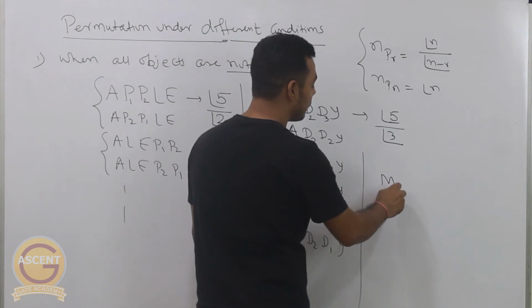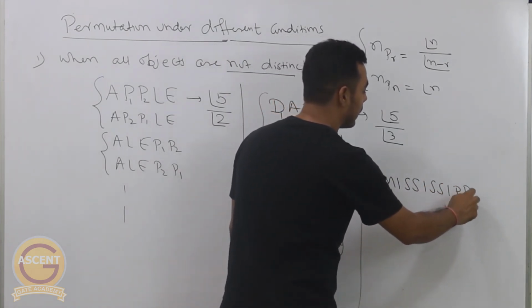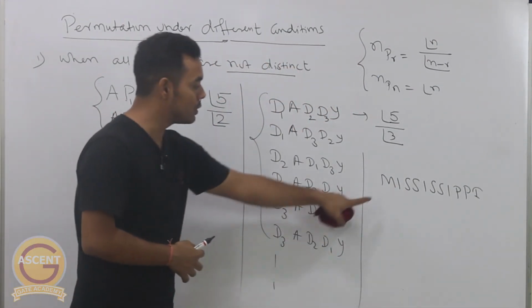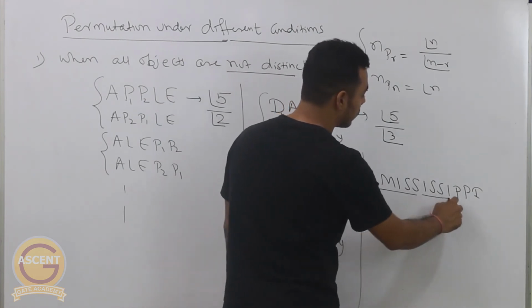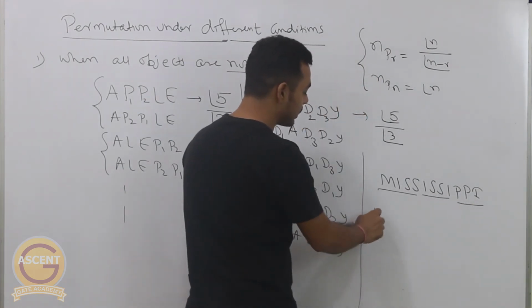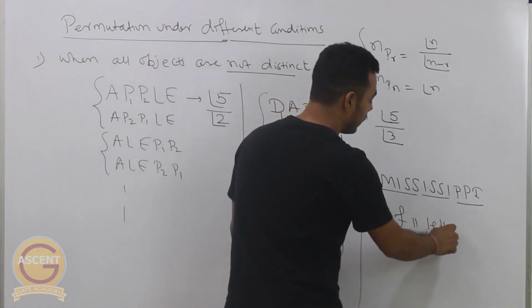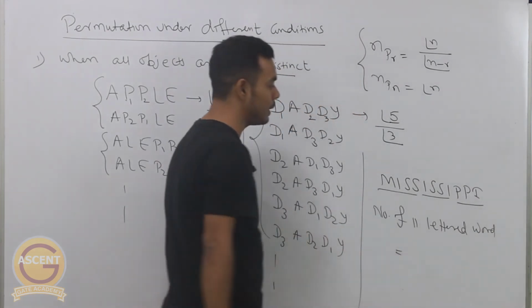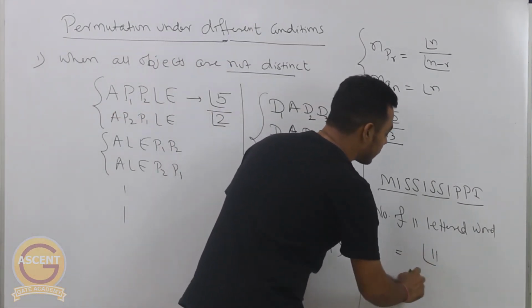So suppose I have this word, say Mississippi, and I ask you how many 11 letter words are possible using these 11 letters. You can easily see that there are a total of 11 letters. So if I ask you the number of 11 lettered words that can be formed using the letters of the word Mississippi, this will be factorial 11,